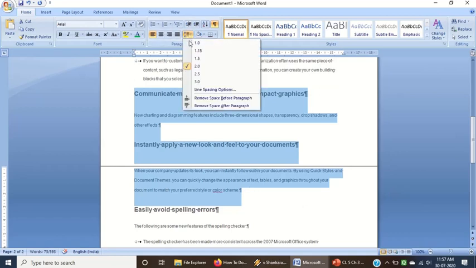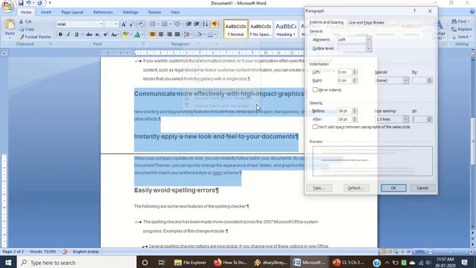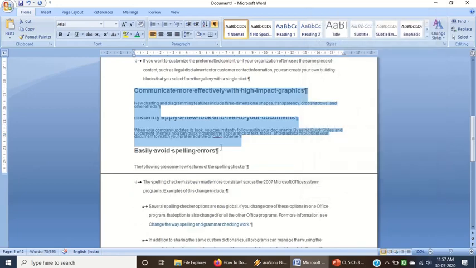Now you can also go for the line spacing. Here it is fixed by 2. You can reduce it, or you can go for line spacing option, and here I have fixed it to 1.5, or you can go for double, or you can give exactly what you need here, again you can reduce the points and press OK. See the effect. So you have to be very particular regarding the spacing.